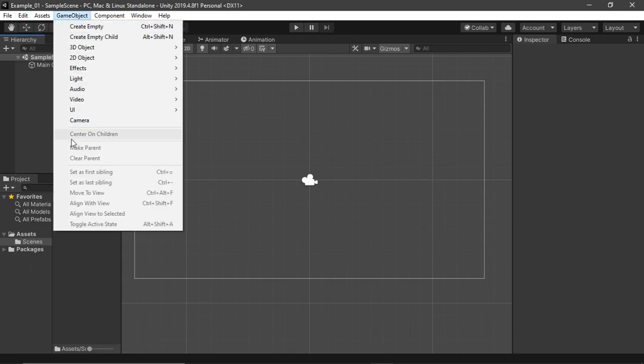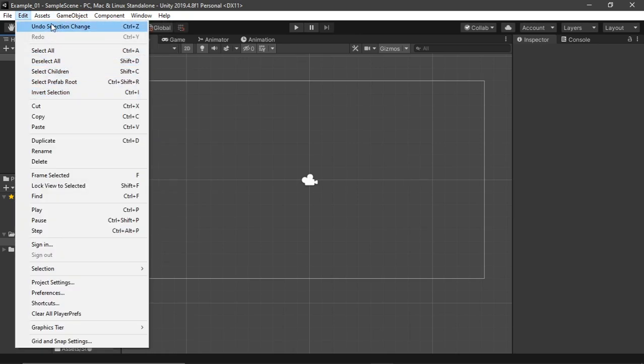These are a lot of shortcut oriented. So you can go Control Z to undo, Control Y to redo. You should really know these two well. You can select all with Control A, deselect all with Shift D, select the children, select the prefab root, and